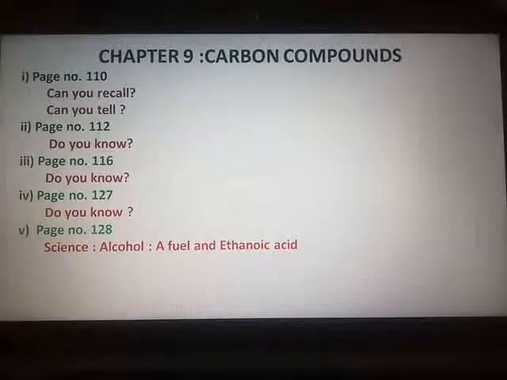Page number 131, now keep your ears open. Page number 131, the first paragraph with the equation ester plus sodium hydroxide gives sodium carboxylate plus alcohol. Below that you have Use your brain power. Up till that you have to study. Below that, macromolecules and polymers. From there up to the end of the chapter,